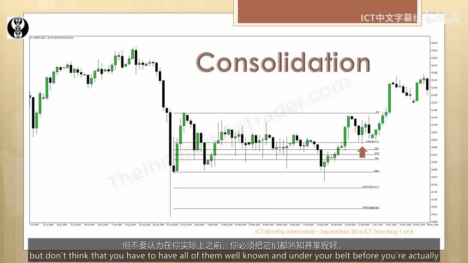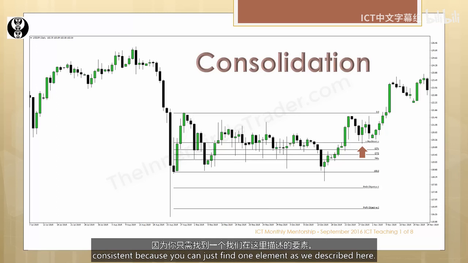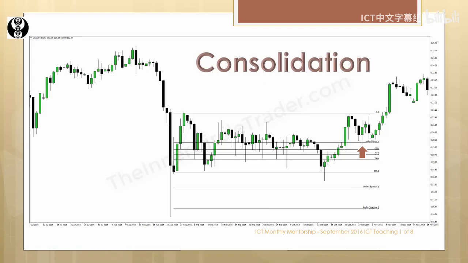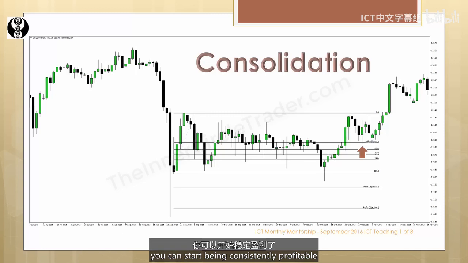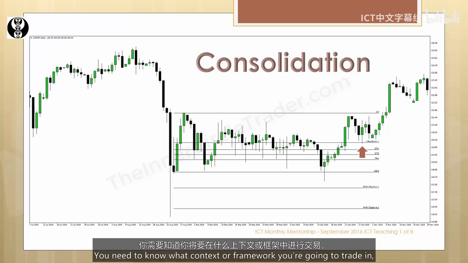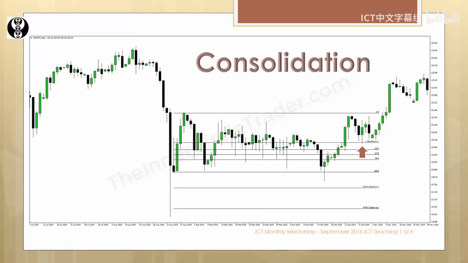think that you have to have all of them well known and under your belt before you're actually consistent, because you can just find one element as we described here. If we just find one for you, just for you, one, you can start being consistently profitable in your trading. It only takes one setup. You know what context or framework you're going to trade in, couple that with an ICT tool, and then wait